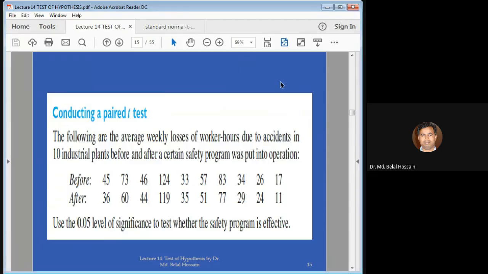ওকে, বলেন ডি বার কত হলো? তার আগে ডিফারেন্সেস গুলা লিখেন।